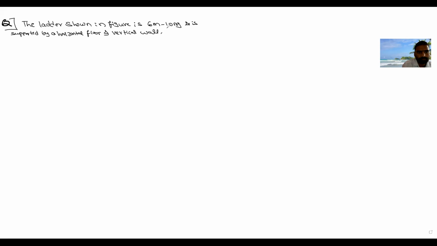The coefficient of friction between the floor and ladder is 0.25, and between wall and ladder is 0.4. The self weight of the ladder is